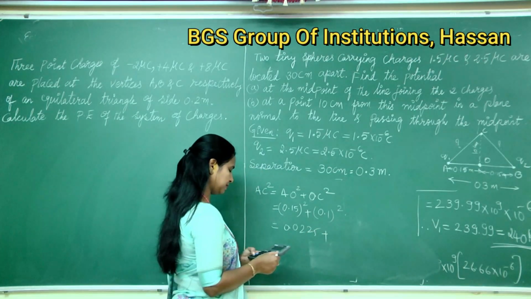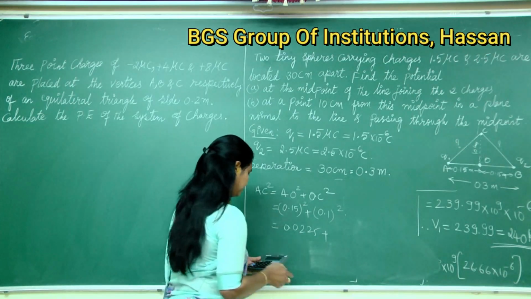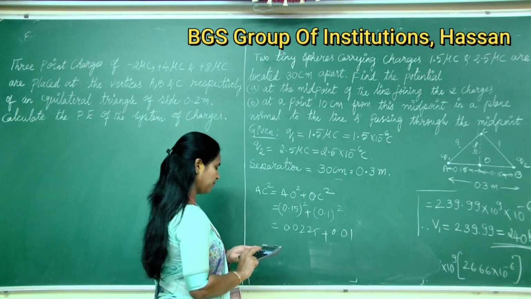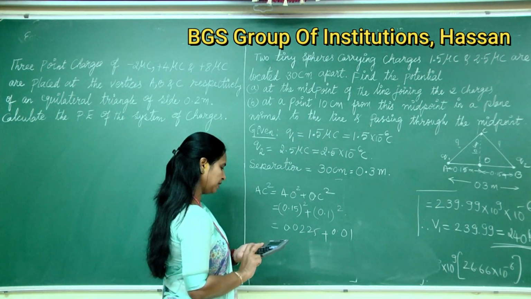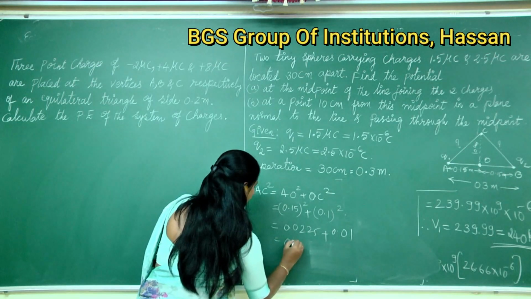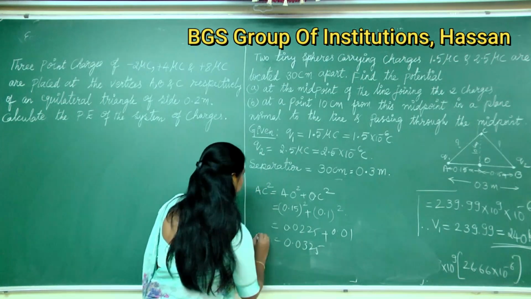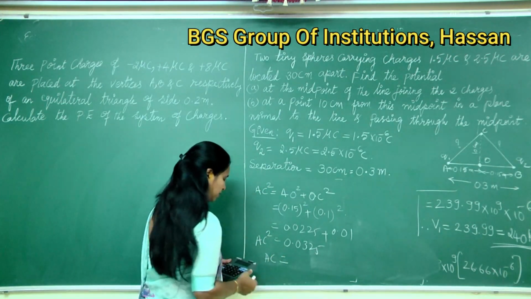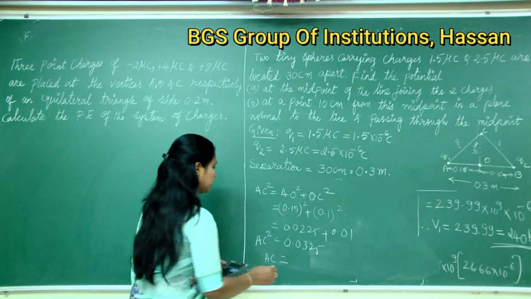Plus 0.01, equal to 0.0325. AC square is equal to, AC is equal to root of this value, that is